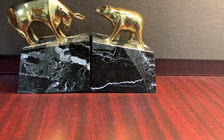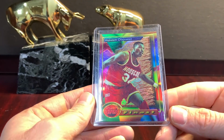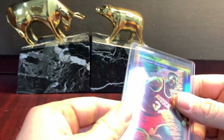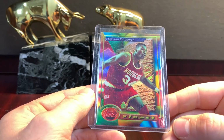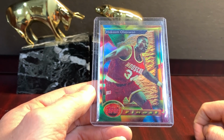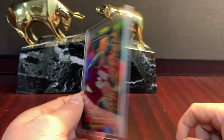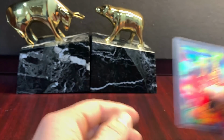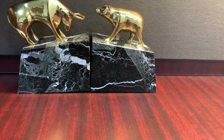Here's a refractor, Hakeem Olajuwon. I think that's '93, it's '93 Finest Hakeem Olajuwon refractor. It's got good shine. I'm not sure on the centering, the top to bottom. I'll have to look more at this set. But this could definitely be a card that gets in on the next bulk order, the 1972 to 2016 stuff, which